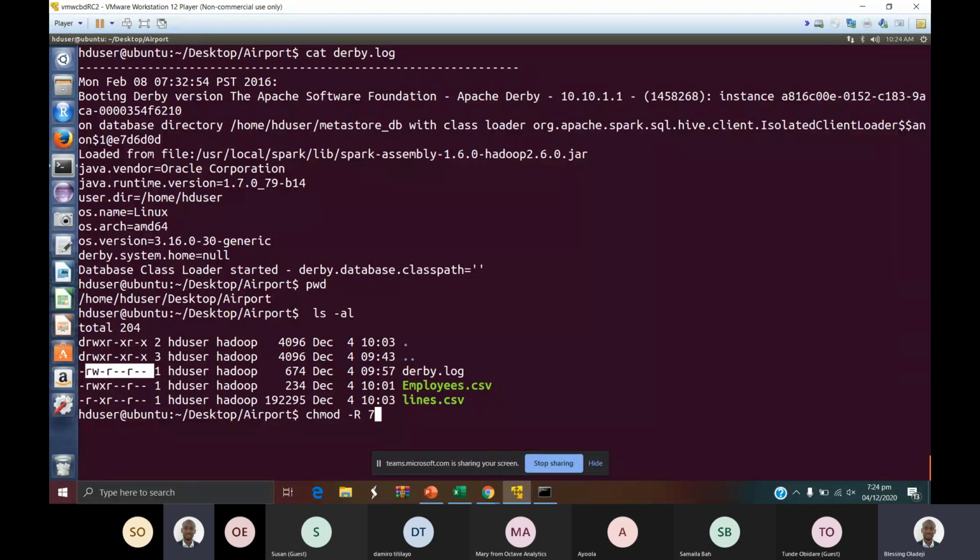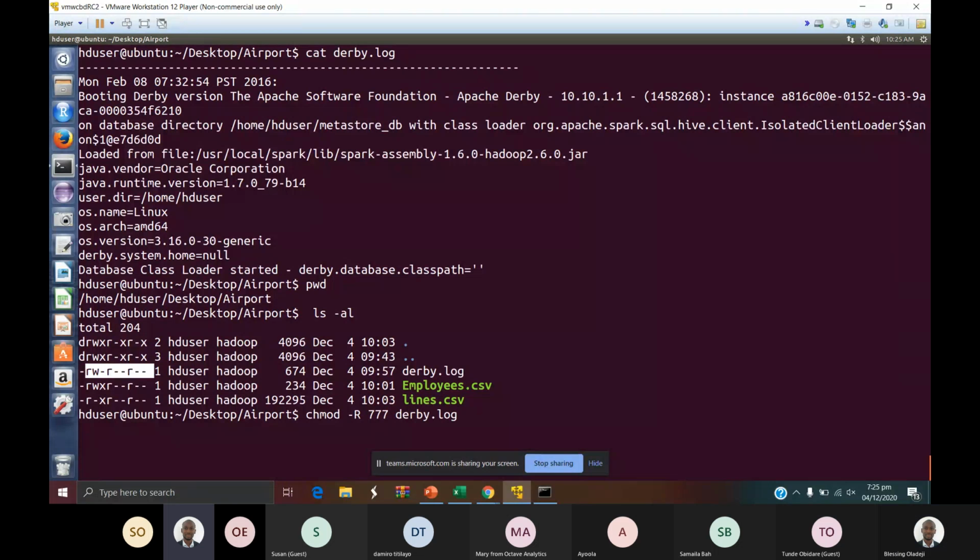Here you get. So now 777. 777 means that all of them, the owner can read, write, execute. Others in the same group can read, write, execute, and everybody can read, write, execute. Then what's the name of the file? The name of the file is